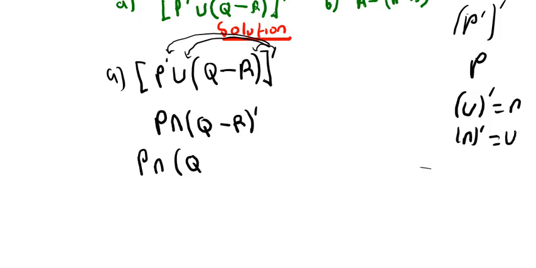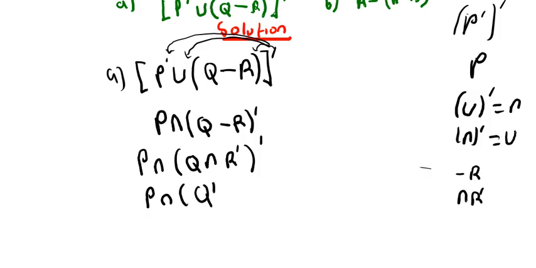Each time I've got a relative complement followed by a letter, this is as good as having intersection. The relative complement is going to give us intersection, then a complement in front of the letter that was preceding. So we're going to have intersection, then R complement. I think that's when we are free to distribute. That is P intersection open, that is Q complement, that is union